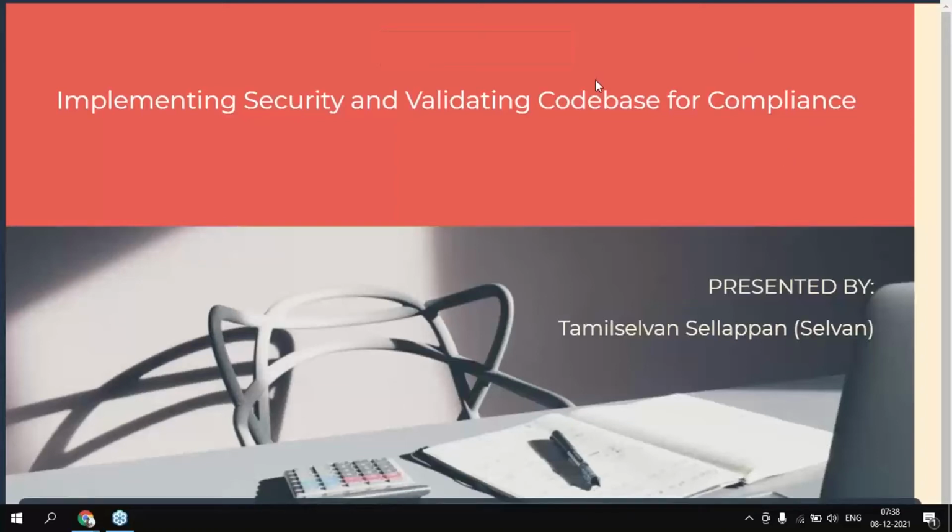Hello everyone. In this session, we are going to see implementing security and validating the code base for compliance. This is the last module actually. So today our agenda is